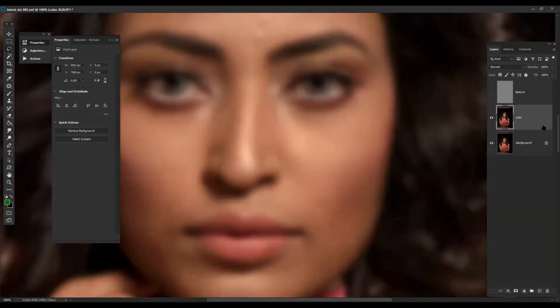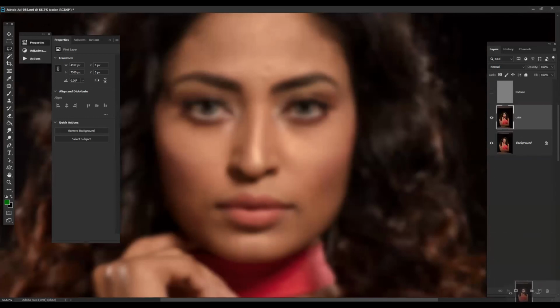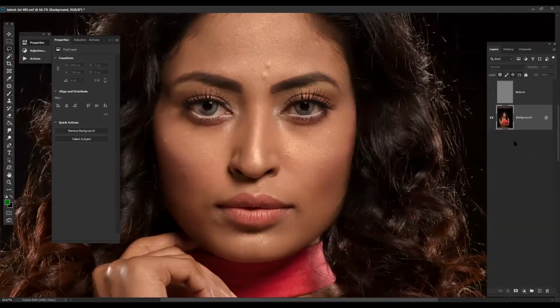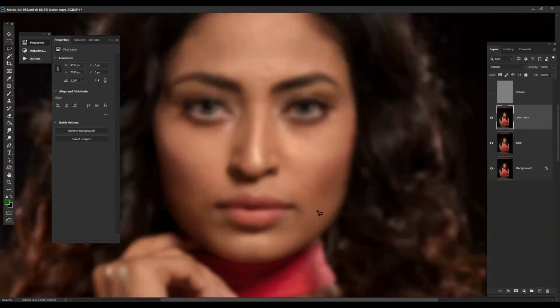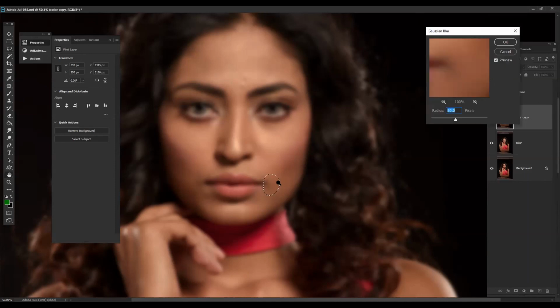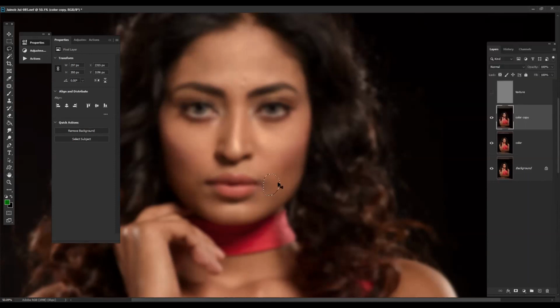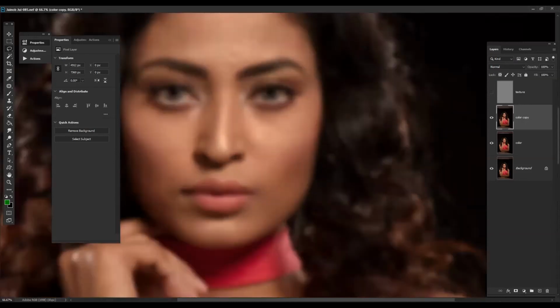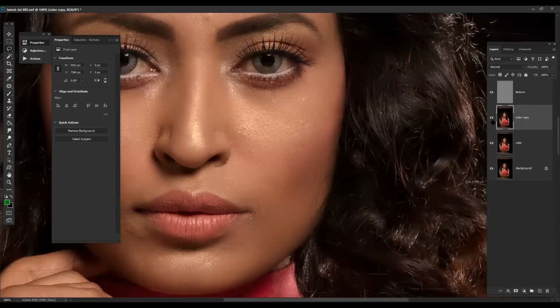This is the basic we did. Now we have to understand what frequency separation does. It doesn't smoothen out the image. It blends the colors. Now see, this is an area which is highlighted. This is a black area. Now, what does frequency separation do? It tries to match the colors over there. You can see the difference.